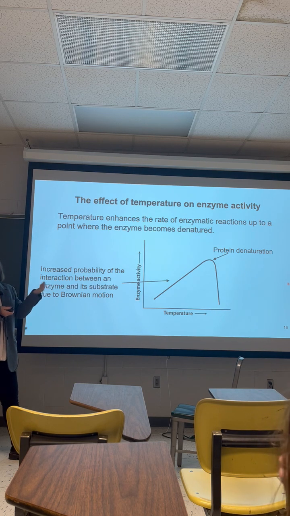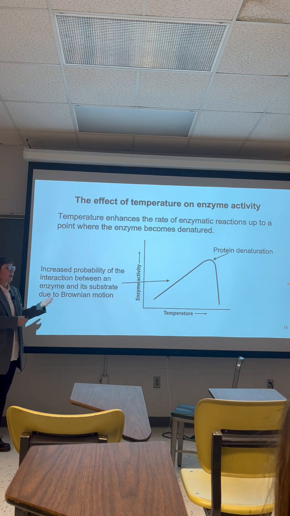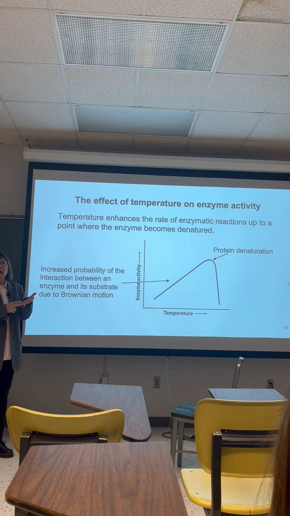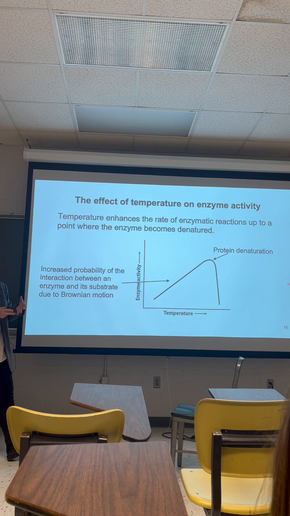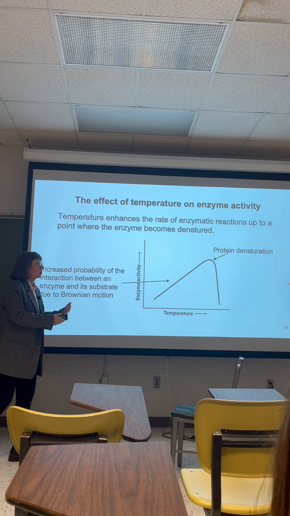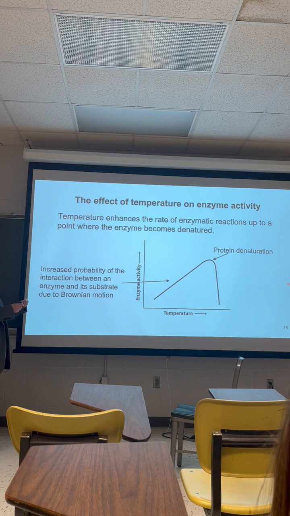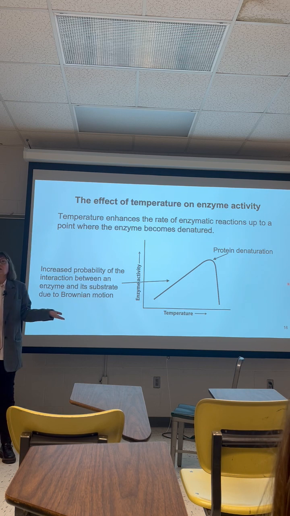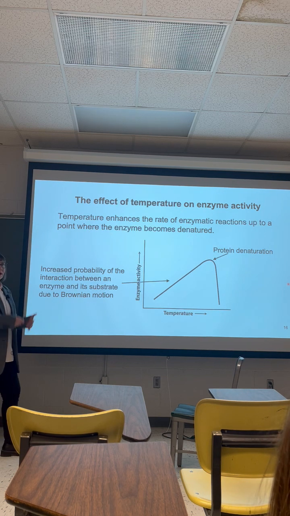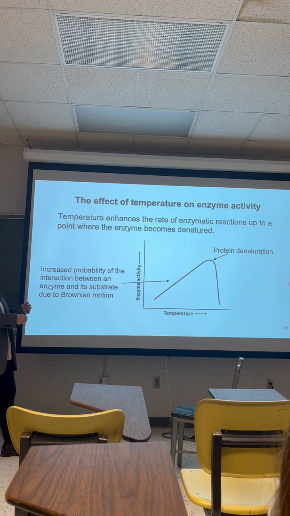This is irreversible denaturation. We talked about denaturation using urea and guanidinium hydrochloride, remember? Those molecules acted as denaturants because they were breaking hydrogen bonds that were stabilizing proteins. Temperature, thermal energy, is doing the same. You are just breaking all those hydrogen bonds apart, and you are denaturing the protein, and this is an irreversible process. So enzymatic activity would usually increase with the temperature, but at a certain point the protein is denatured,